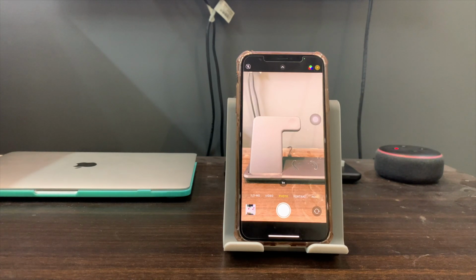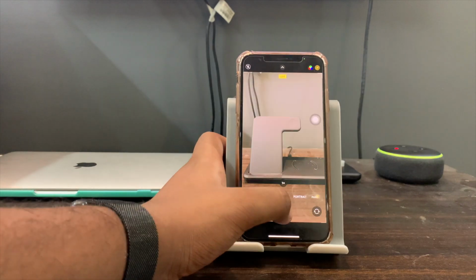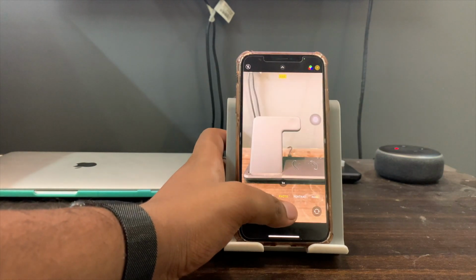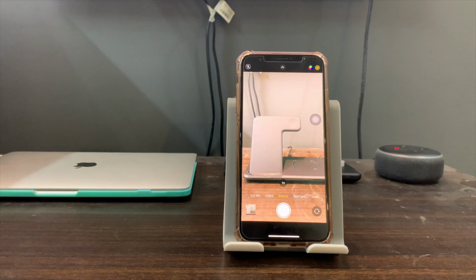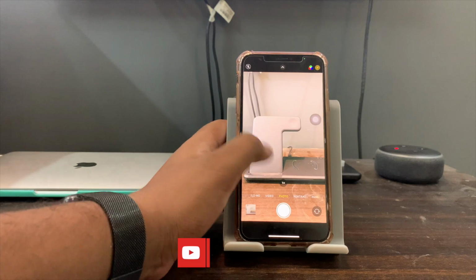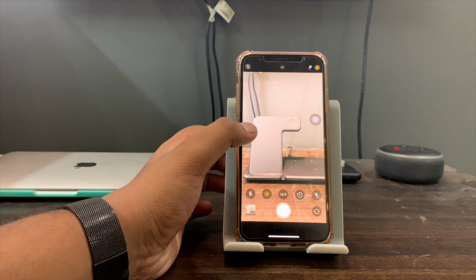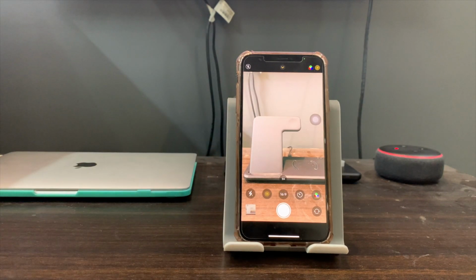Also, the camera has got many updates. The click rate is now faster. Also, a new interface has been introduced to the camera app.